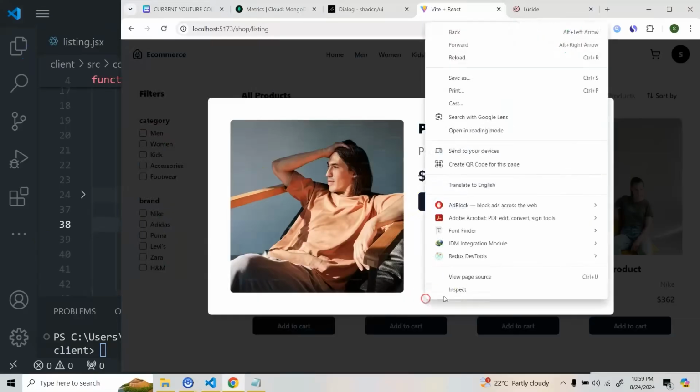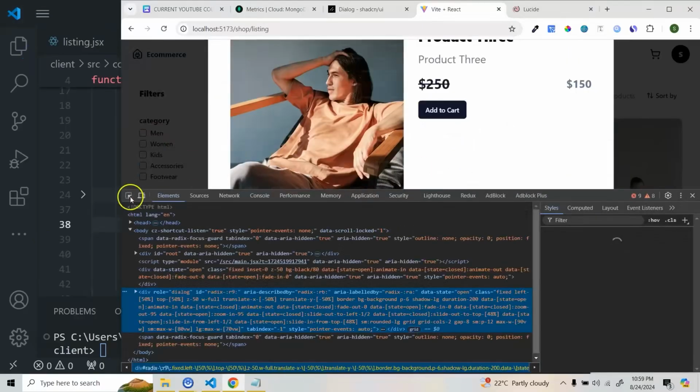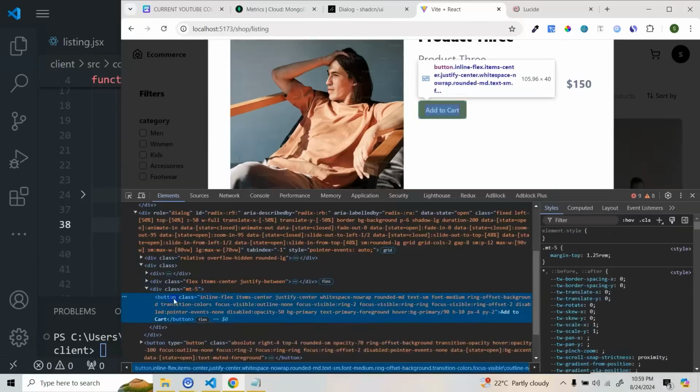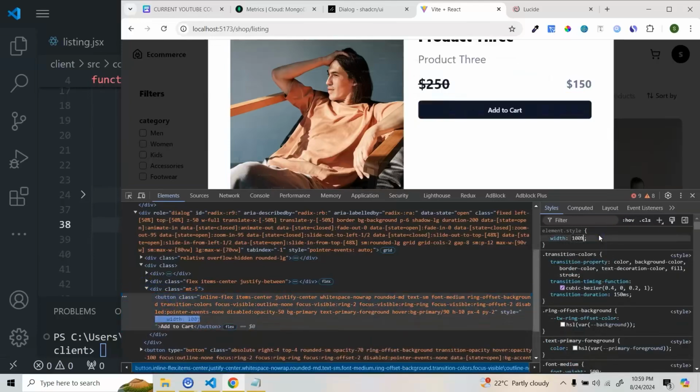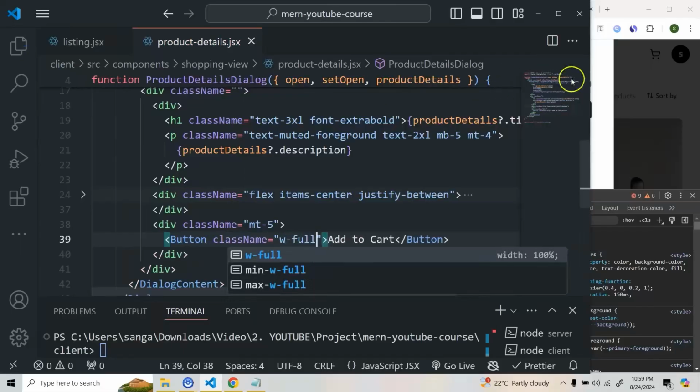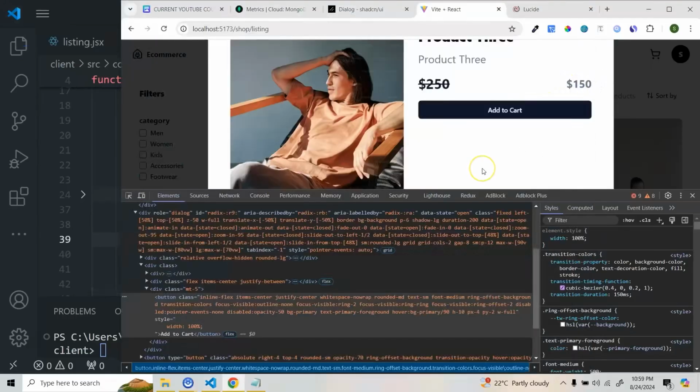Okay, if I make this on full width, how it is looking, let's see. So we'll do width as 100%. Yeah, I think this is looking good. So we'll add a class name here also, right? So we'll add a class name and we'll do width full. Okay,